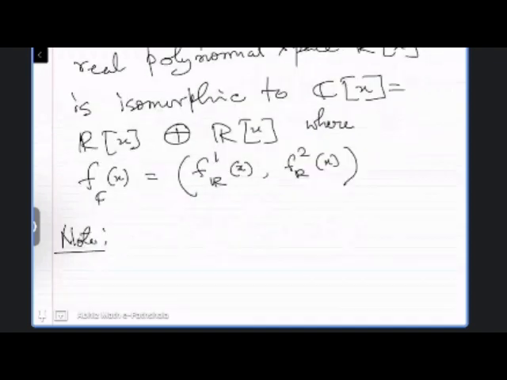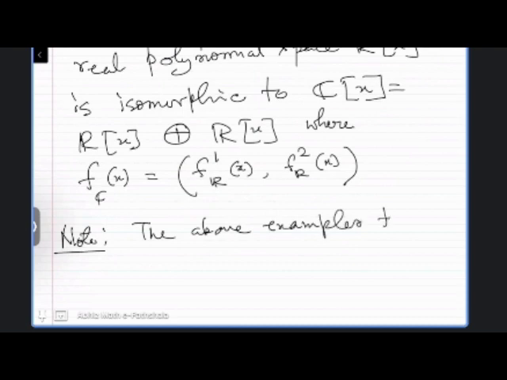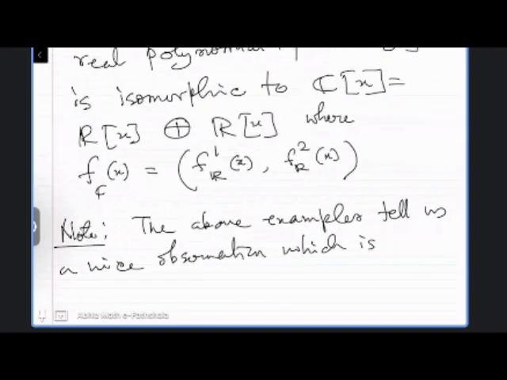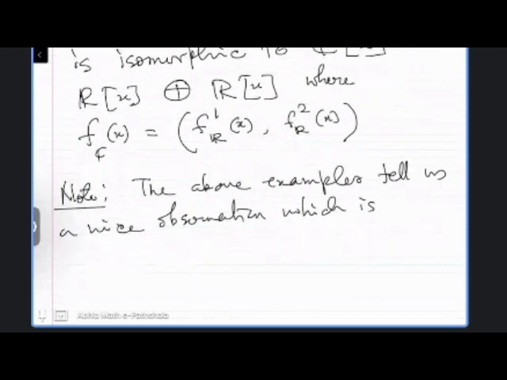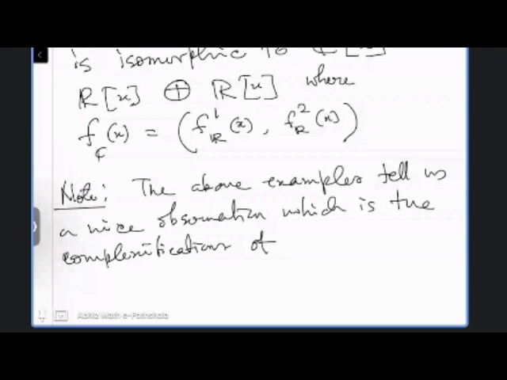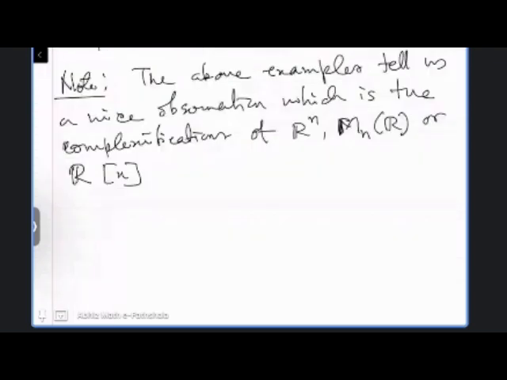Note that the above examples tell us a nice observation, which is the identification: the complexifications of Rn, MNR or Rx will transfer